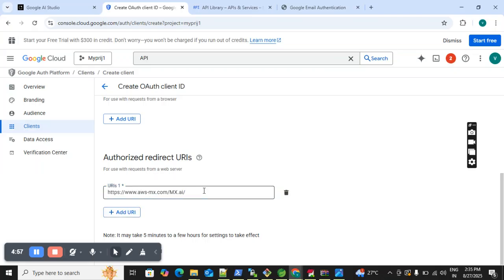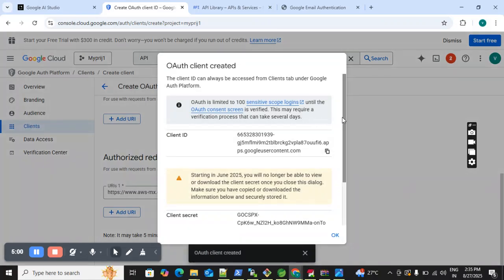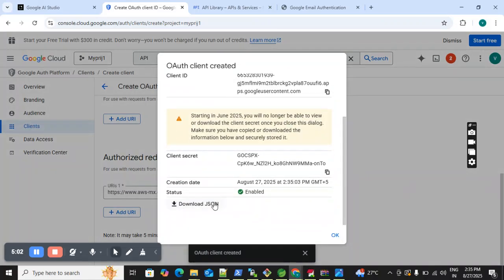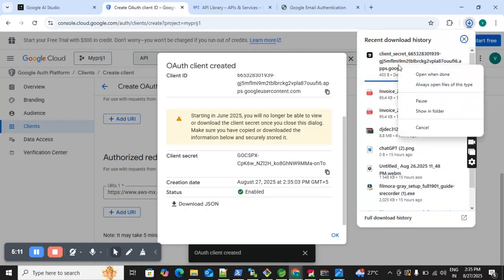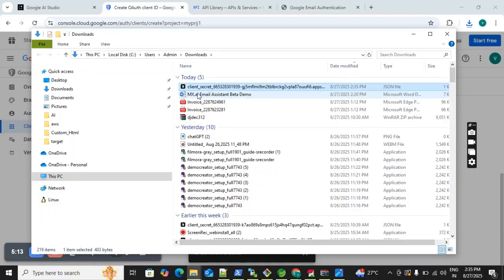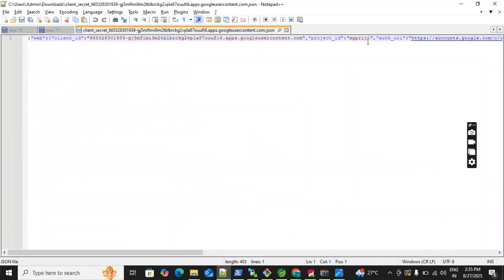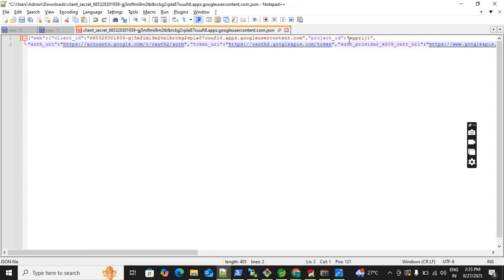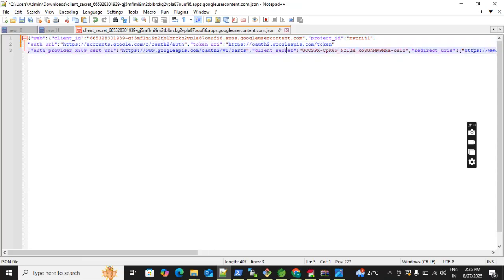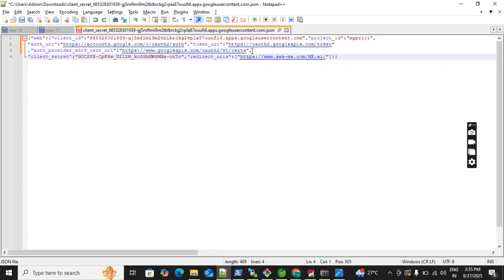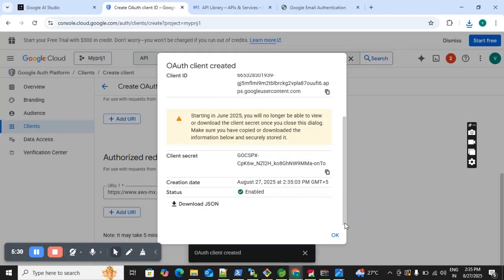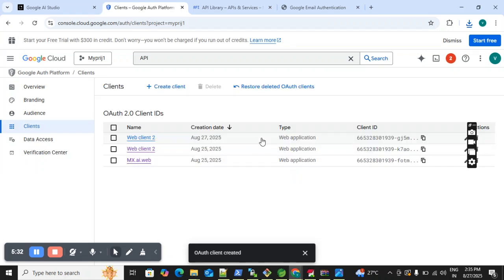Okay, once you have submitted this web client request, then it will show you the pop-up where you can download your credentials. Okay, so it has the client ID and client secrets. It has created the new client, and